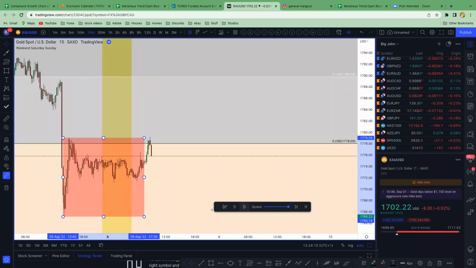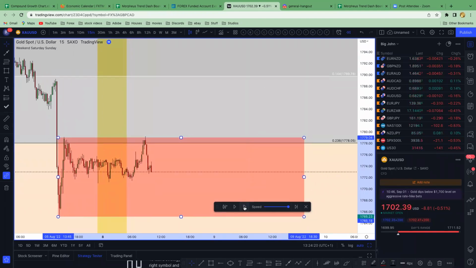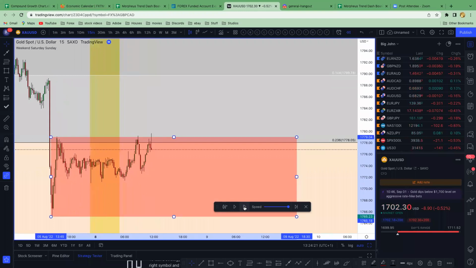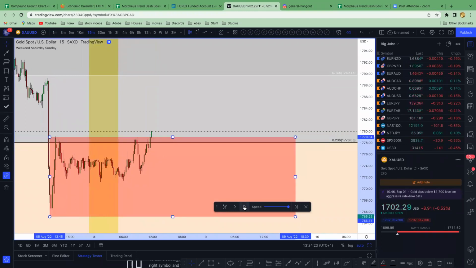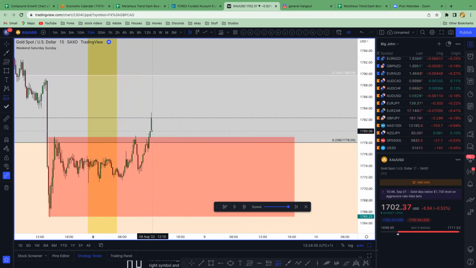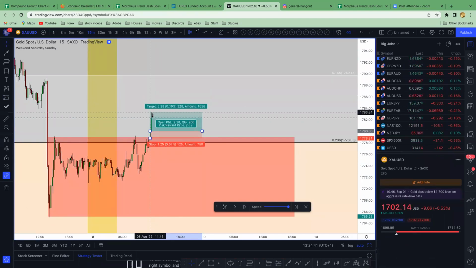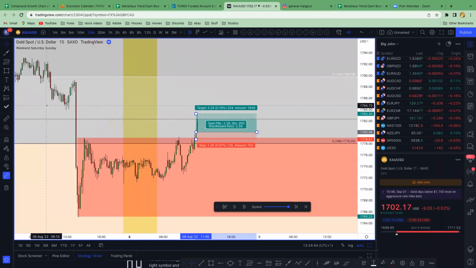Let's make this a bit wider till we get a break, see what happens. There we go. Let's see how this candle goes. So we would have entered possibly in here. Let's just see what happens. Long trade, we entered here, stop loss below here, and then we would have taken this trade here with the possibility of it going to clear this impulse candle over here.